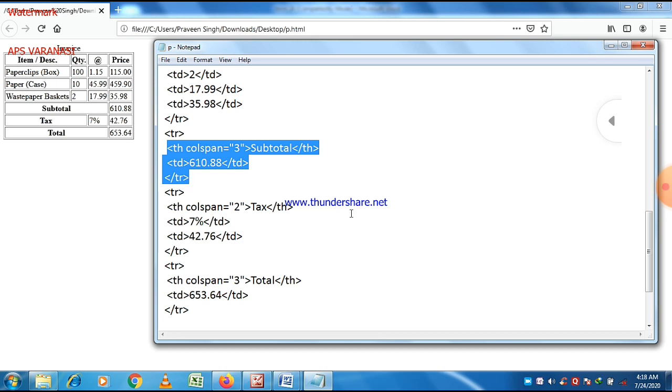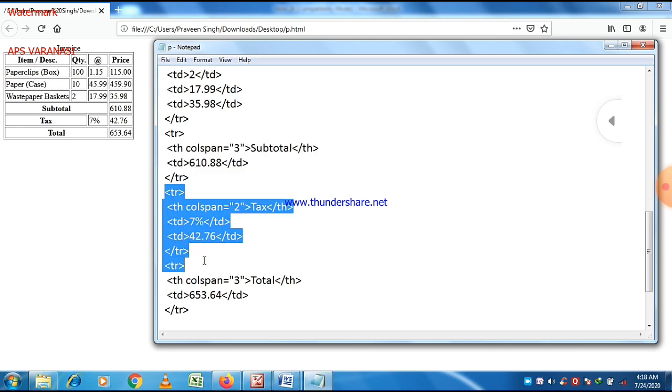And in the next row, again colspan is equal to 2 is there. So two columns will merge here.